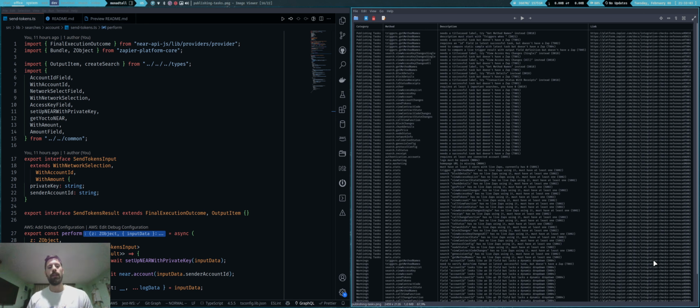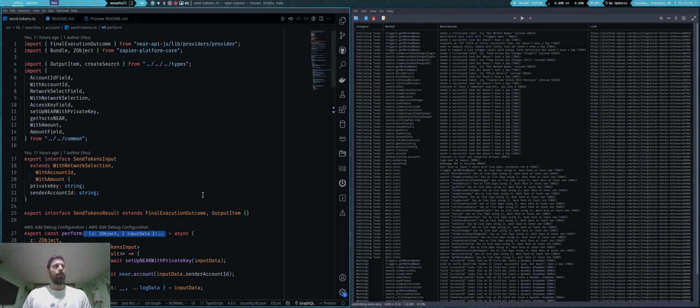It's Zapier day 10 today, and today I believe I finished all of the functionality that I was going to do for the NEAR integration on Zapier. The last thing that was left was sending tokens, which I did this morning. As I guessed, it was pretty similar to